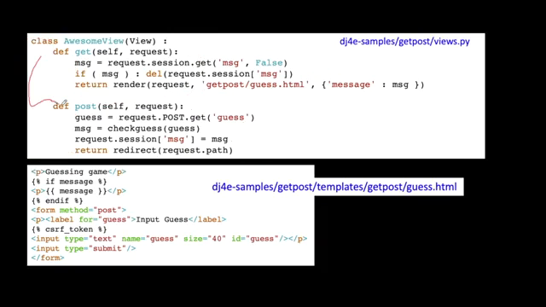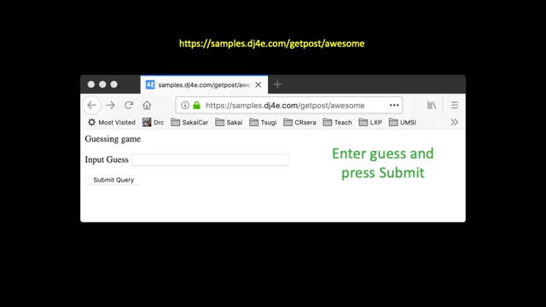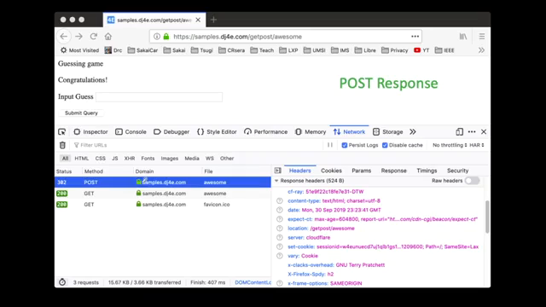We get the post, we grab the guess, we check the guess, and we store our response to the guess in the session, and then we redirect back to ourselves, which comes into the get. We pull the message out of the session, we delete the message from the session, and then we actually render the page. So you get the original GET request, you type in your guess, hit the submit button, went to